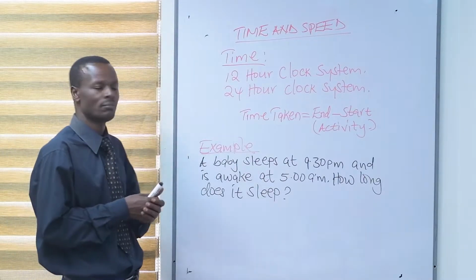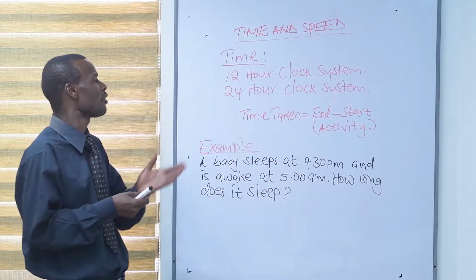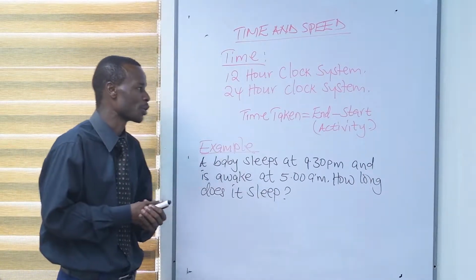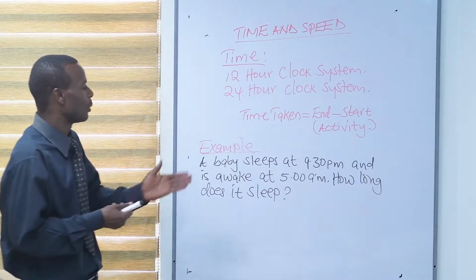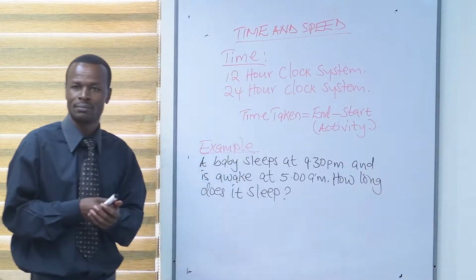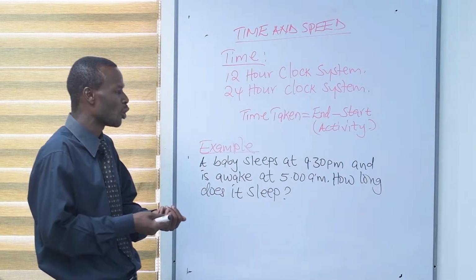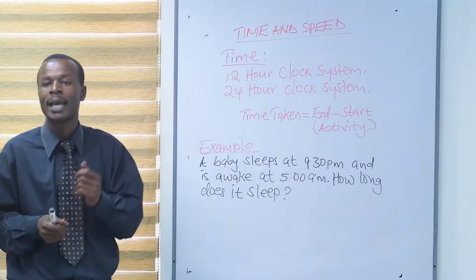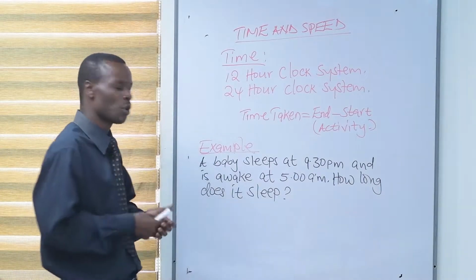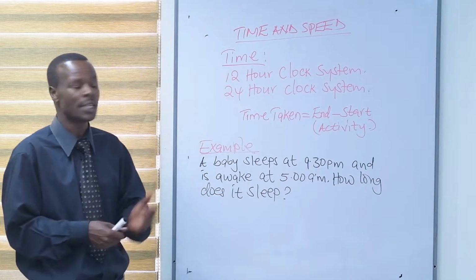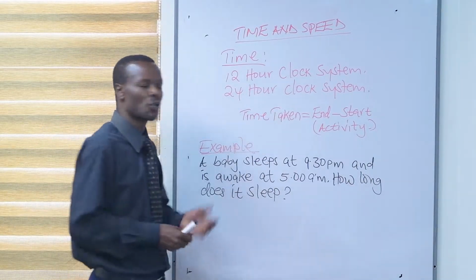Time is read in the 12-hour clock system and also in the 24-hour clock system. Now, the time an activity takes depends on when it started and when it ends. And therefore, to find the duration of time, we say the end of that activity take away the start of that